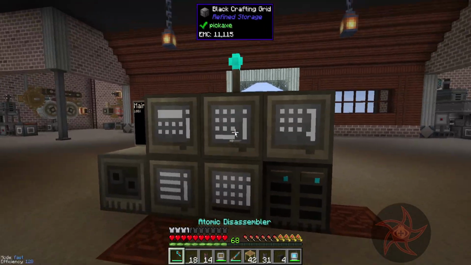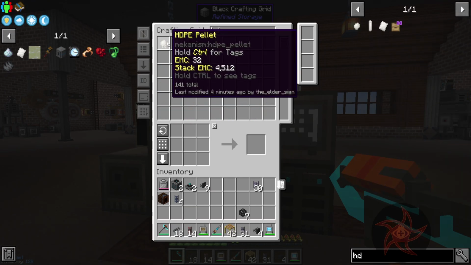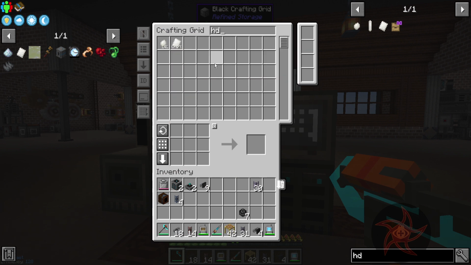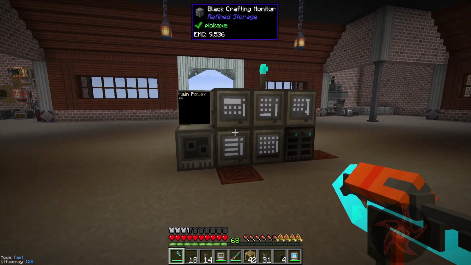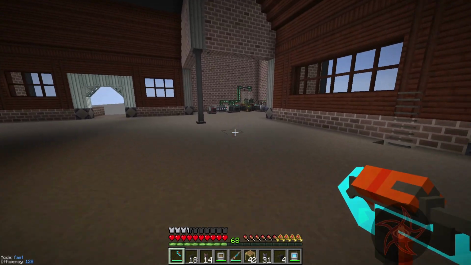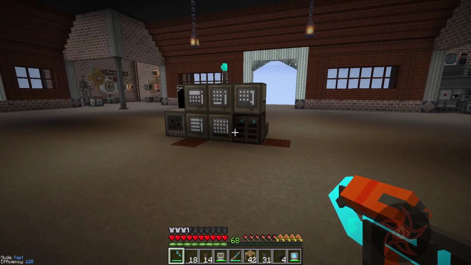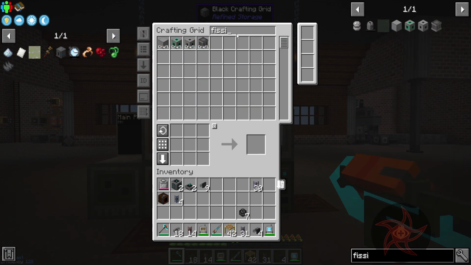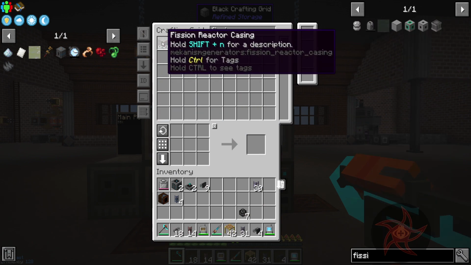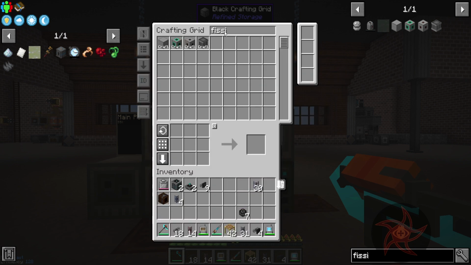And got 140 HDPE pellets. 142. I mean, it's going pretty quick, too. Kind of nice. But that's a little bit more infrastructure setup. Next episode, we could probably start on fission stuff, actually. Fission reactor casing is steel casings. Let's go ahead. I'm going to...